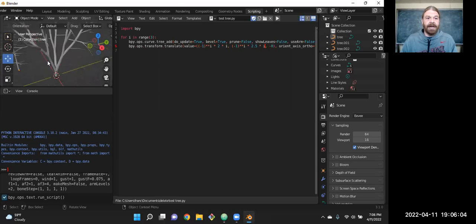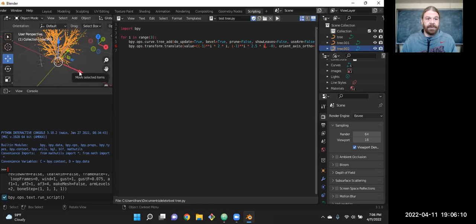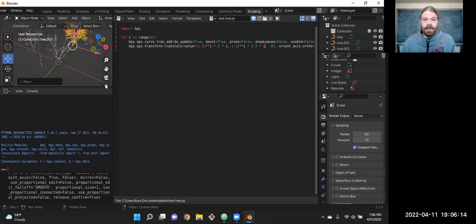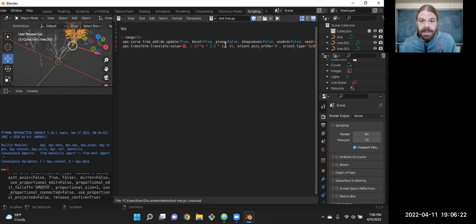So it looks like it created some. I only see one. Did they not move? They did not move. Let me try something. Oh, I bet I know what it is.